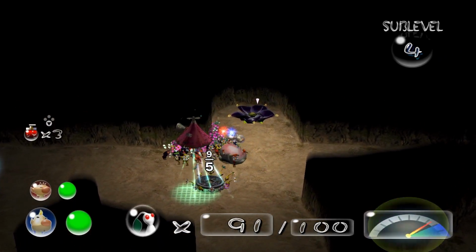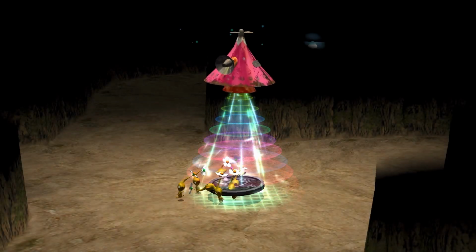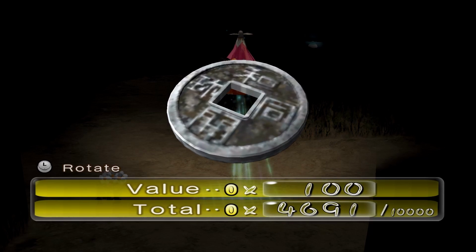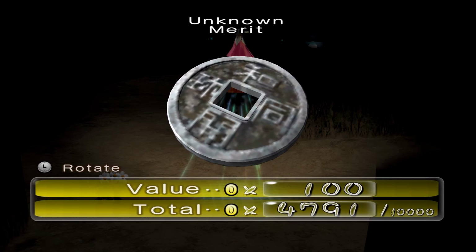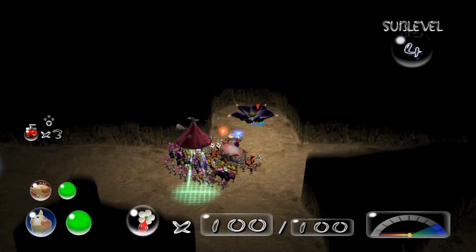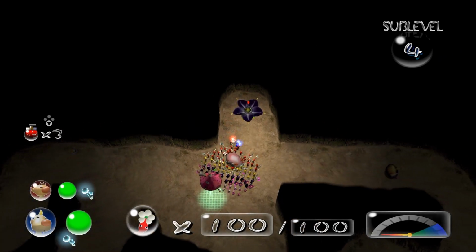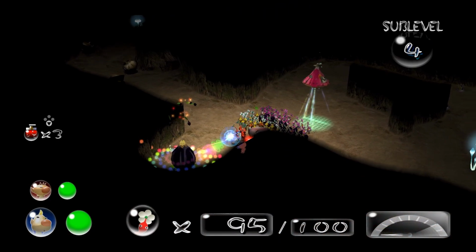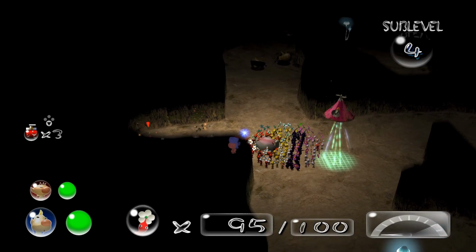Although I would like to get my reds ready, if I can. 100 Pokos, what's this one called? Unknown Merit? Okay. I think there's 2 Violet Candy Pop Buds on this floor, actually, there should be. Let's go ahead, throw 5 reds into here, unless I'm making the mistake of one of them being a max